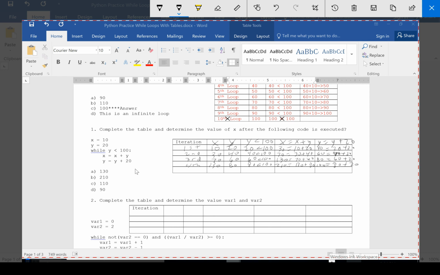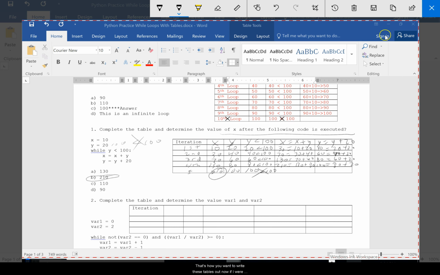So you've got the fifth loop, 210 and 100. Now is 100 less than 100? That's not true, so it actually doesn't get into this fifth iteration. It ends there because 100 is not less than 100. So then it's done, and the question was, determine the value of X after the following code segment. Well, the following, so 210, okay? And so